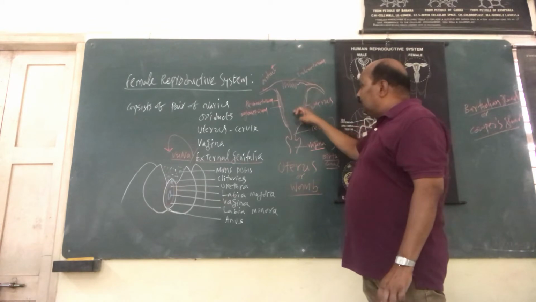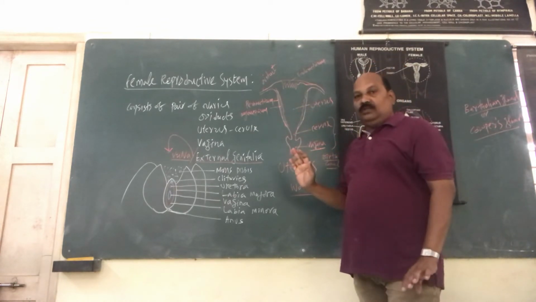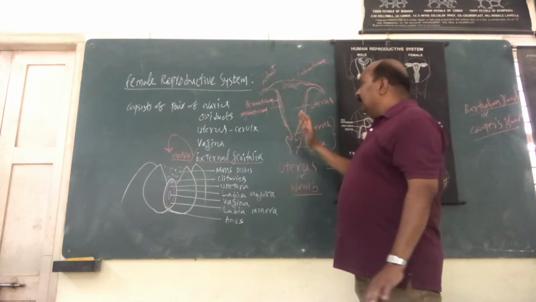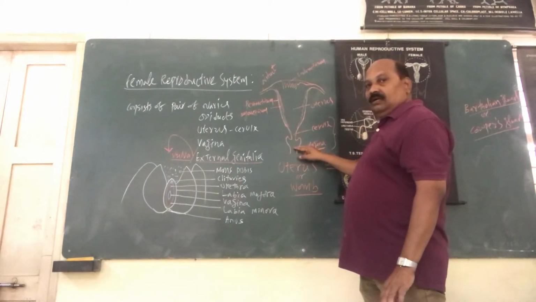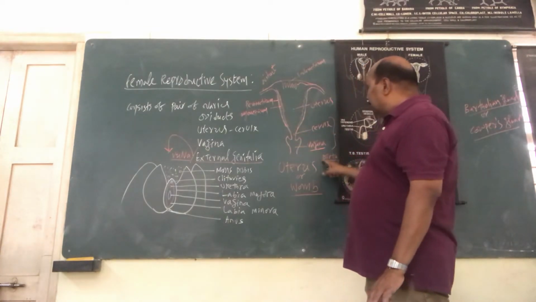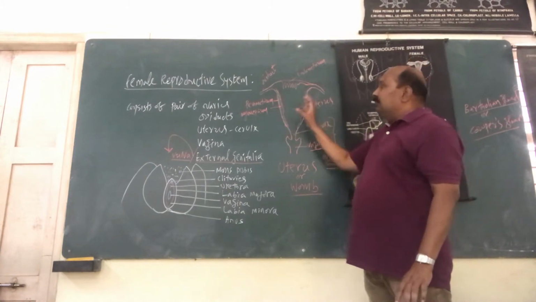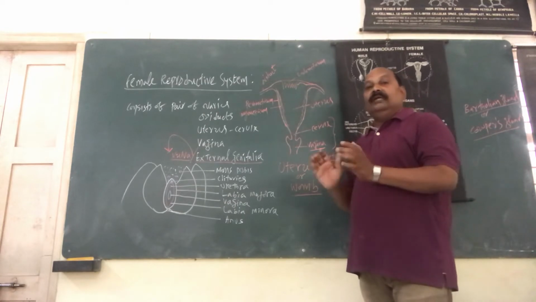Now the complete uterus opens to the vagina through the narrow cervix. So this is the complete structure we call the uterus. The narrow cervical canal and vagina all together we call the birth canal. Now this complete structure is highly supported in the lower abdominal cavity with a lot of ligaments.